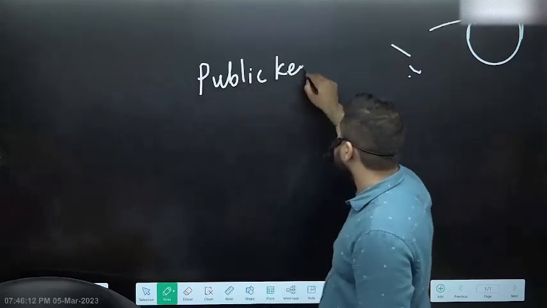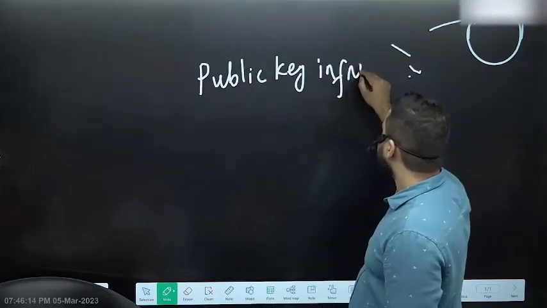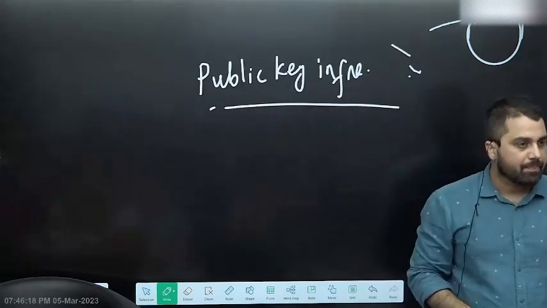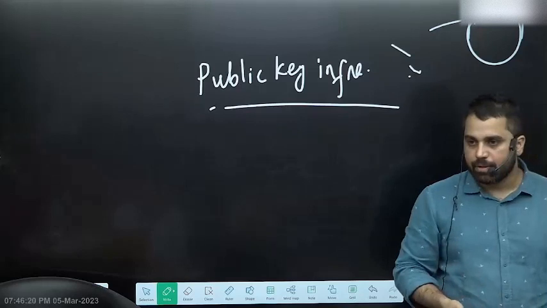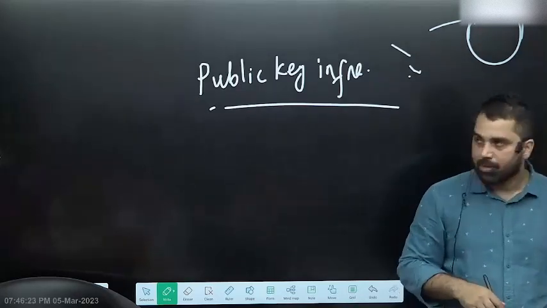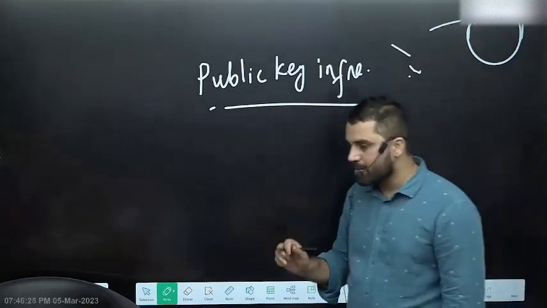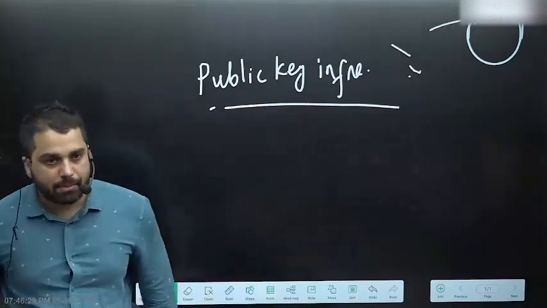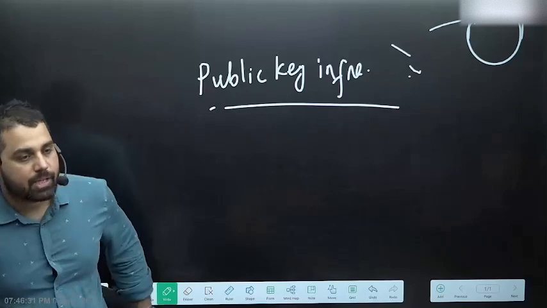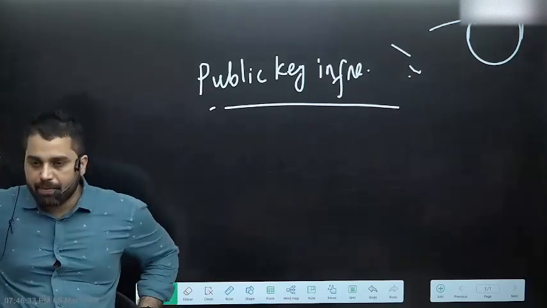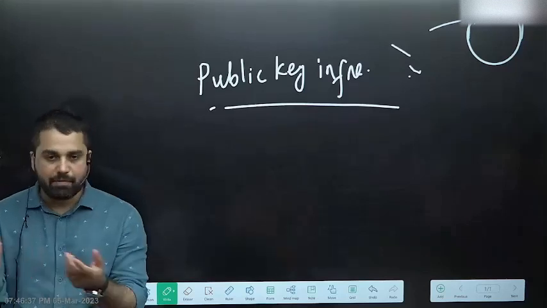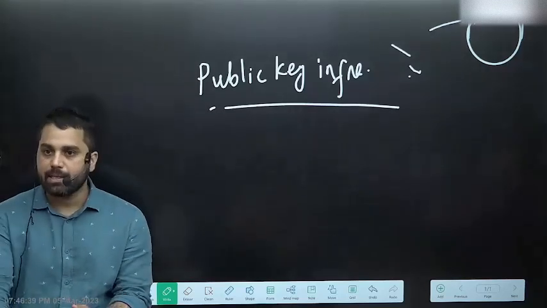ये भी यूपीएससी ने क्वेश्चन पूछा था. They had simply asked that the term public key infrastructure is associated with which of the following. One of the options was cyber security. So public key infrastructure simply means that whatever data has to be encrypted, that encryption and decryption actually follows two different keys. While encryption is very easy, which can be done very fast, जो decryption है, that cannot be